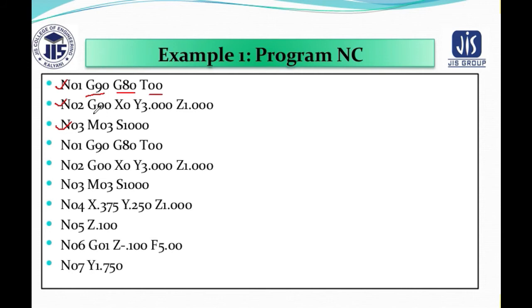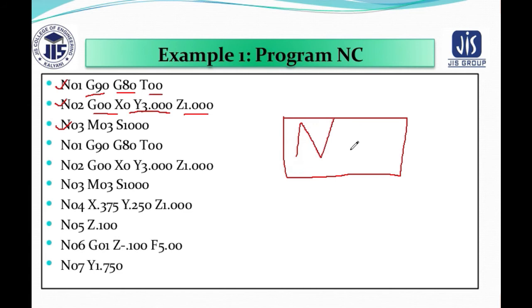Okay, now we are going for G00. G00 means that from the origin position it is being brought to a certain position where machining is not performed. That is the point to point positioning mode of control. Basically it is also known as rapid traverse. After that you have given the x value, y value, and for Z you have given the depth of cut as 1 millimeter. That means over the block you are writing NC, the depth of penetration of the cutting tool will be only 1 millimeter.